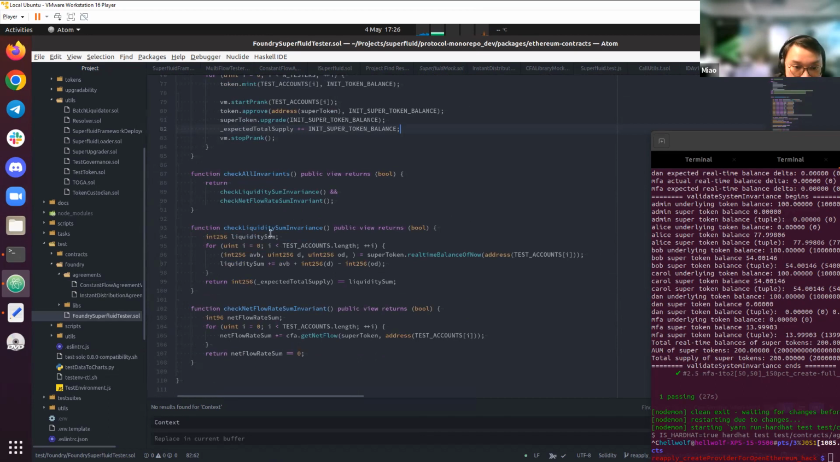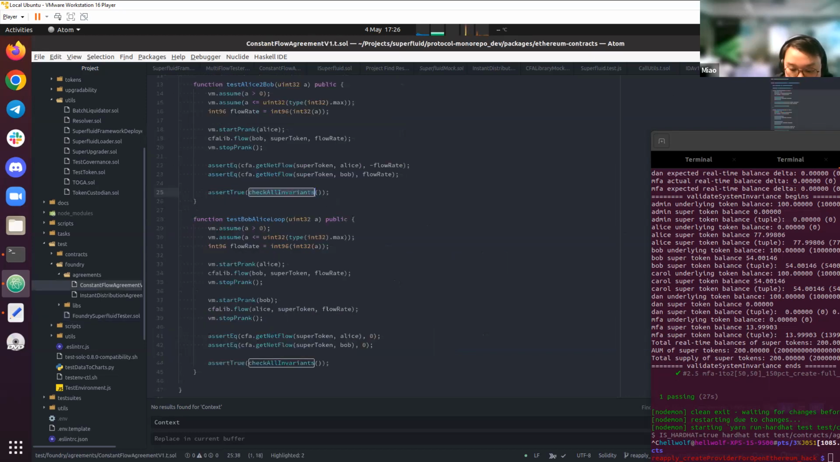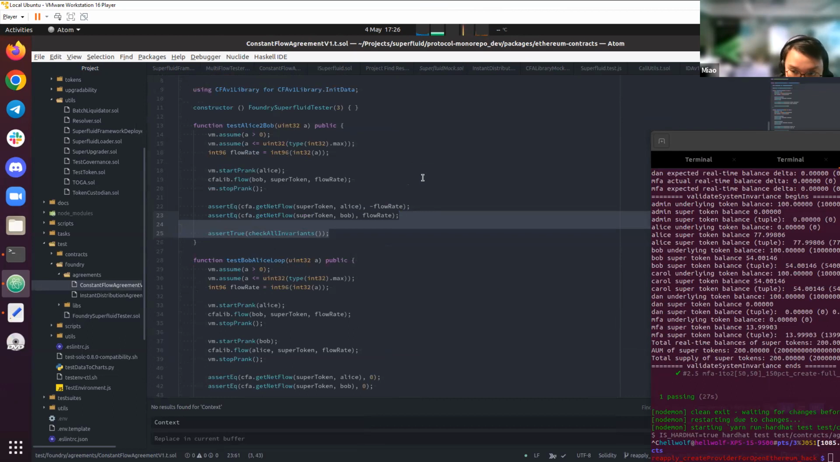Two of the invariants we're checking: the first is liquidity sum. You sum up all the real-time balances of all the accounts, and they should equal the expected total supply. And the expected total supply should be updated each time you do upgrade or downgrade. The other invariant is CFA specific: the net flow sum of all the accounts should be 0. So it's a simple invariant also. After each test case, you do an invariant check. Although I just realized it's not the best